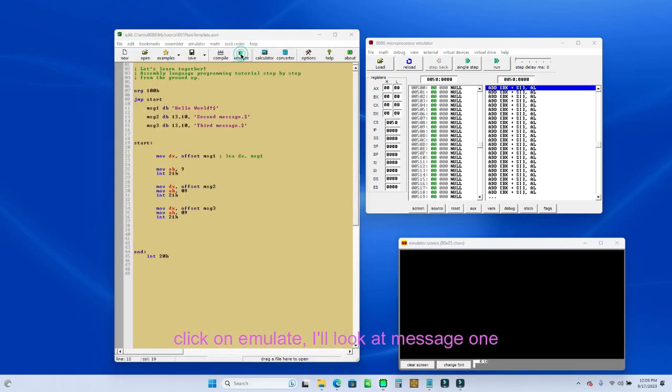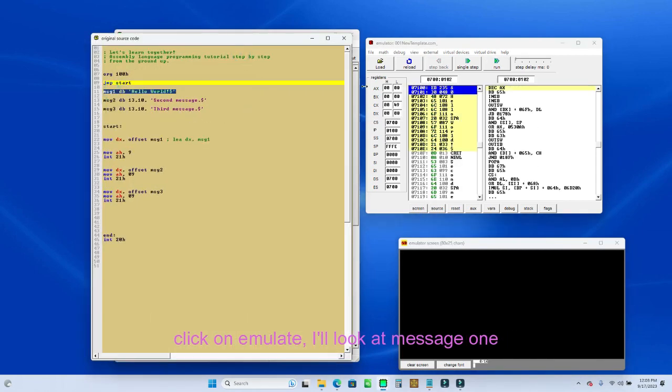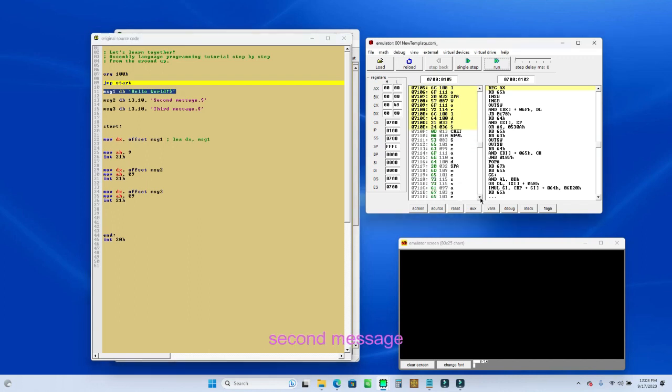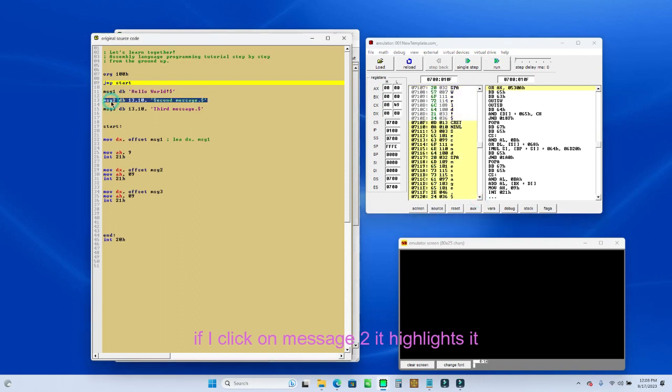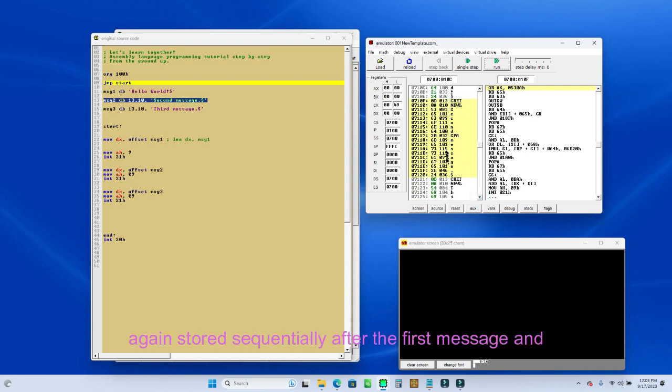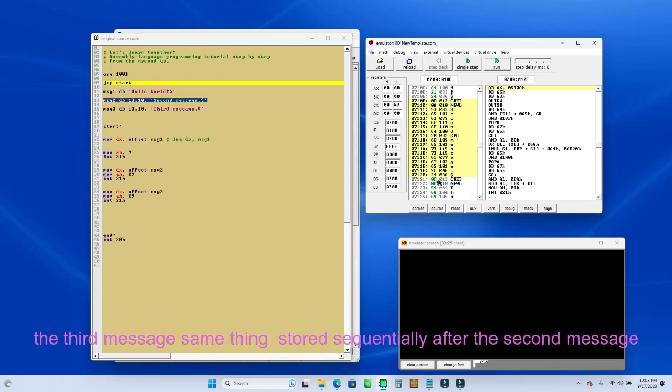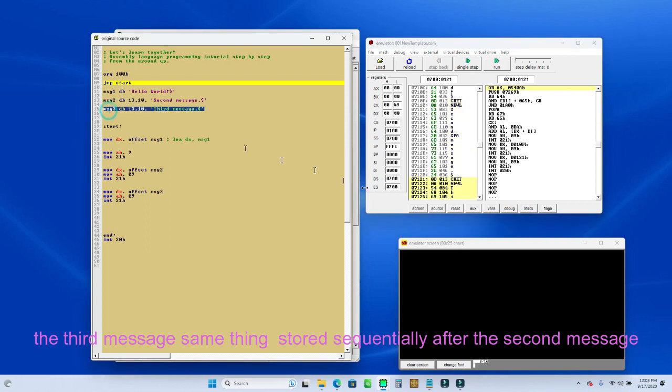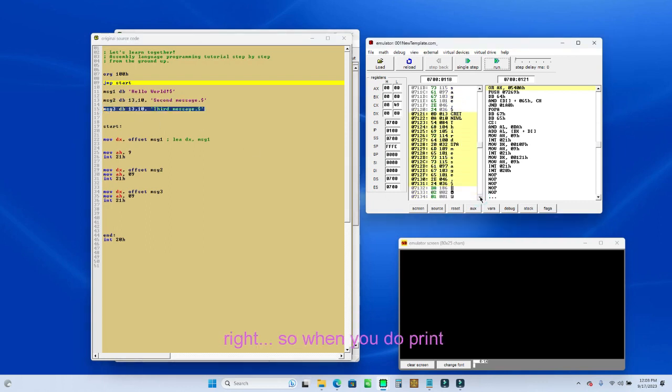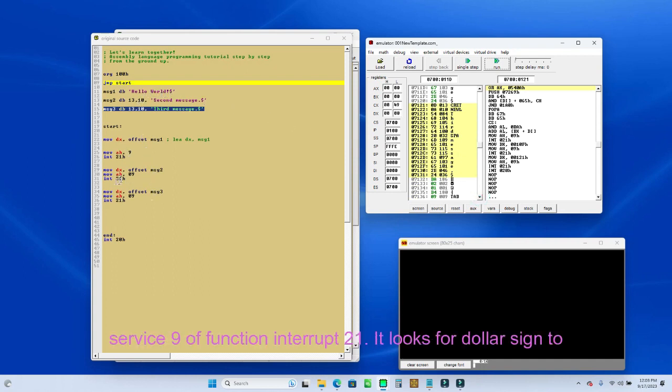Let's look at them. Click on emulate. I'll look at message 1. It starts at 102 and it ends at 10D. Check what's after it. Immediately the second message. If I click on message 2, it highlights it. Again, stored sequentially after the first message, and the third message, same thing, stored sequentially after the second message, right? So when you do print service 9 of function interrupt 21, it looks for a $ sign to